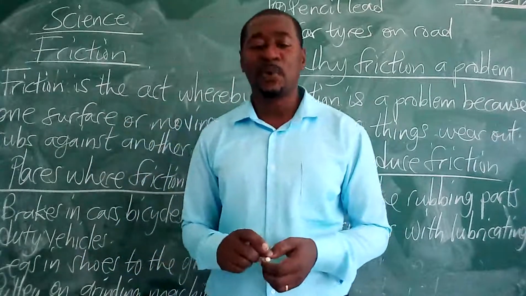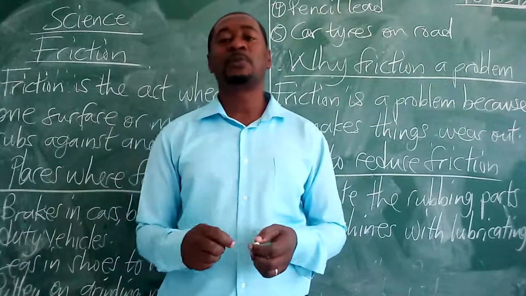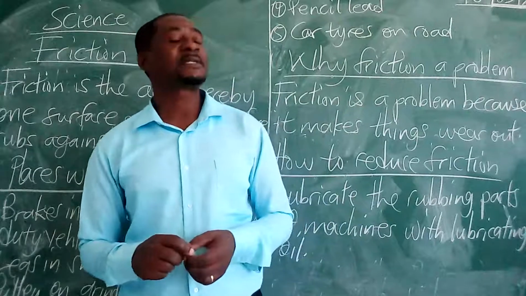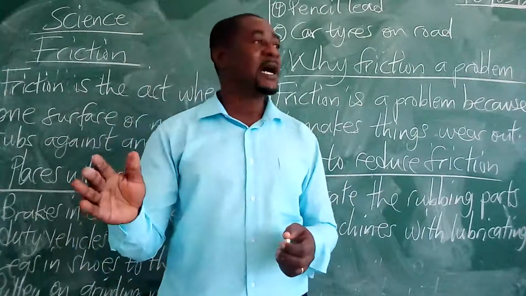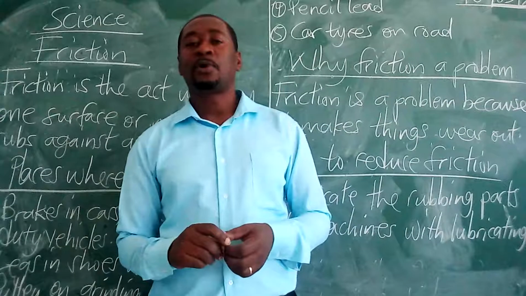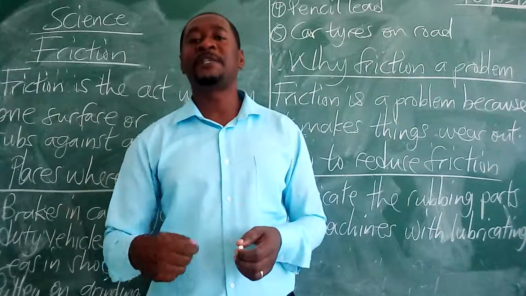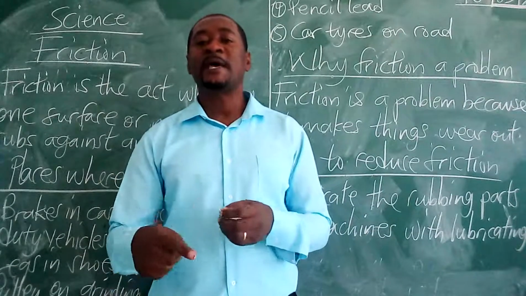Then the next one is what? Car tires on the road. We have so many cars in this world. As they are moving on the road, the tires are on the road, and as they are moving, friction takes place. So the tire